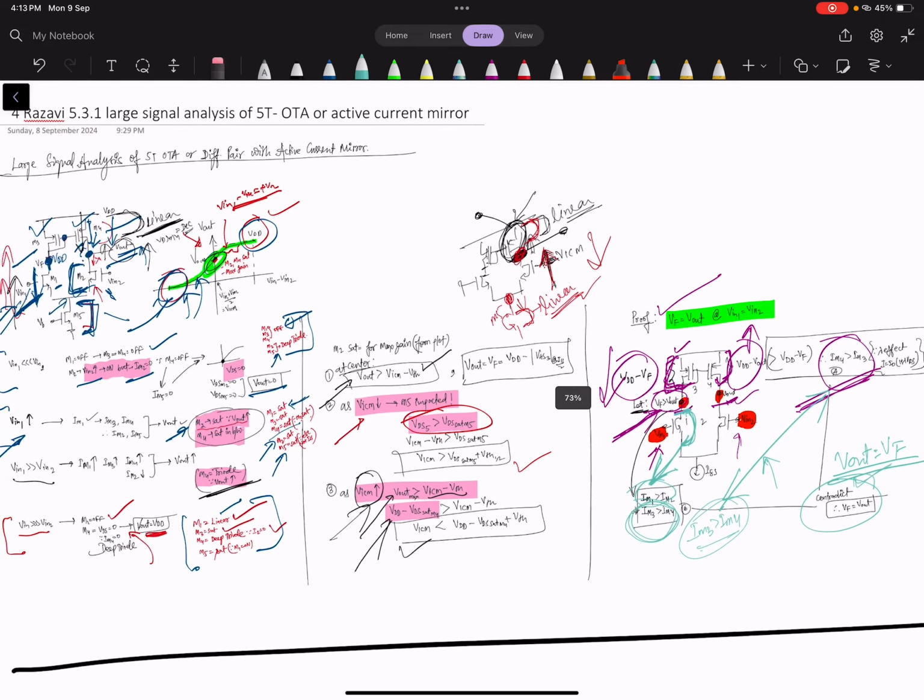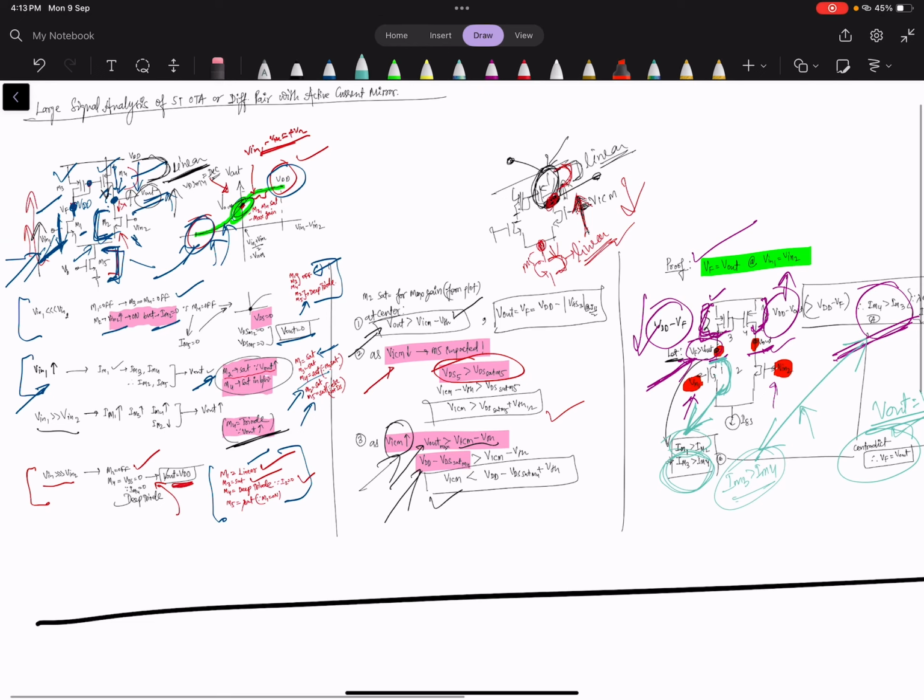Okay, so by this you can say that when this potential is the same as this potential, V out is also the same as Vf, and that is because of the current mirror conditions. Because of the current mirror obligation, these two voltages are the same. Okay, so that's it for this large signal analysis of the 5 transistor